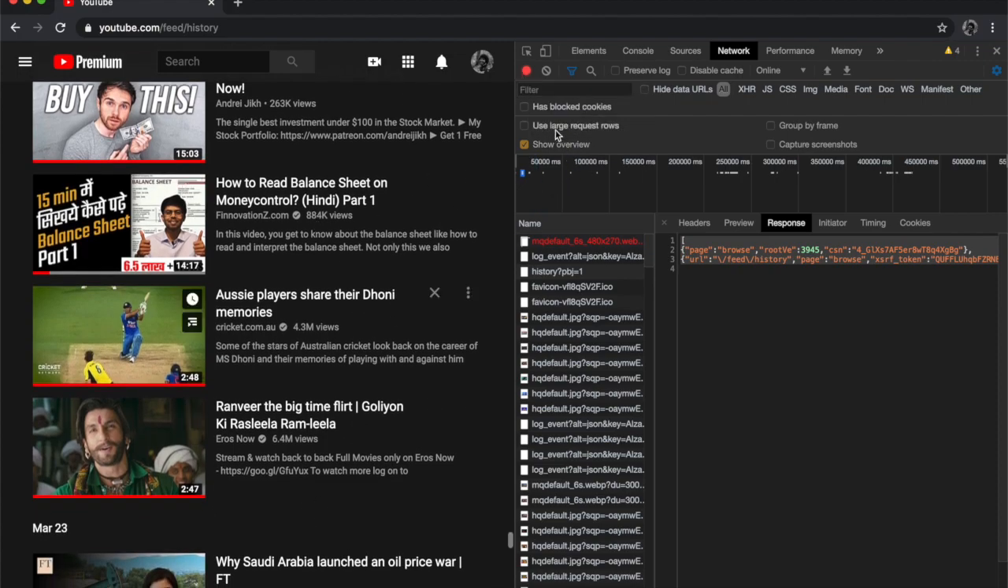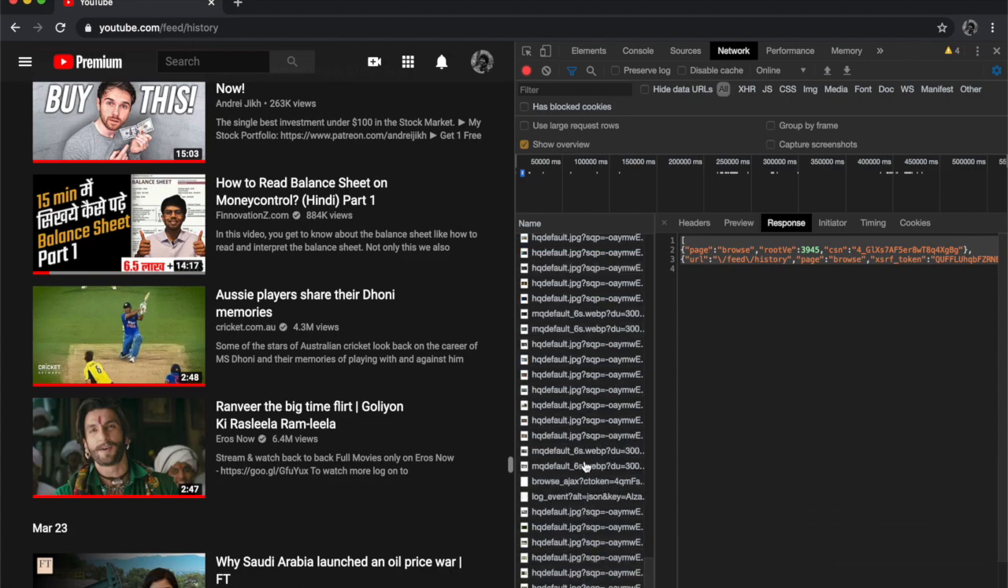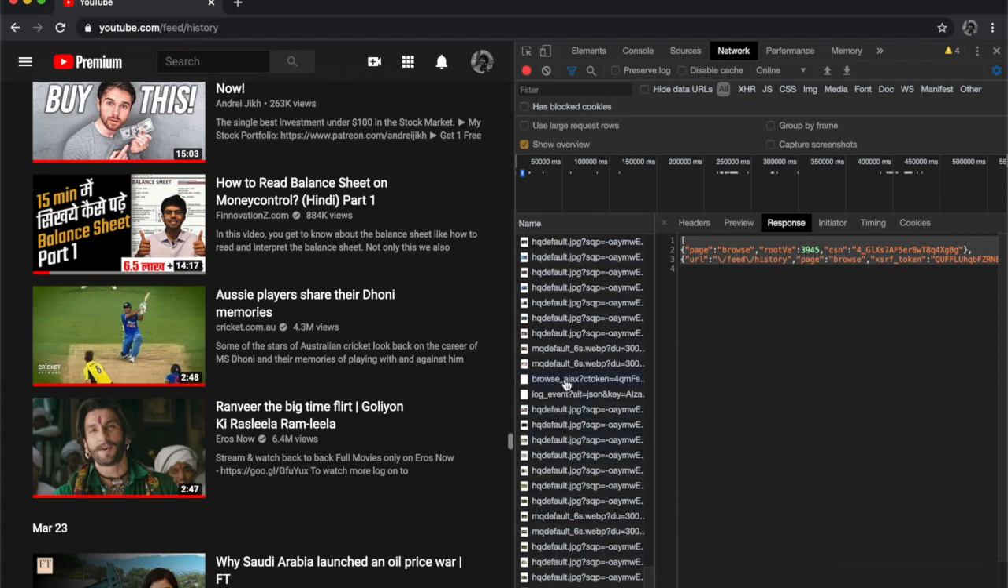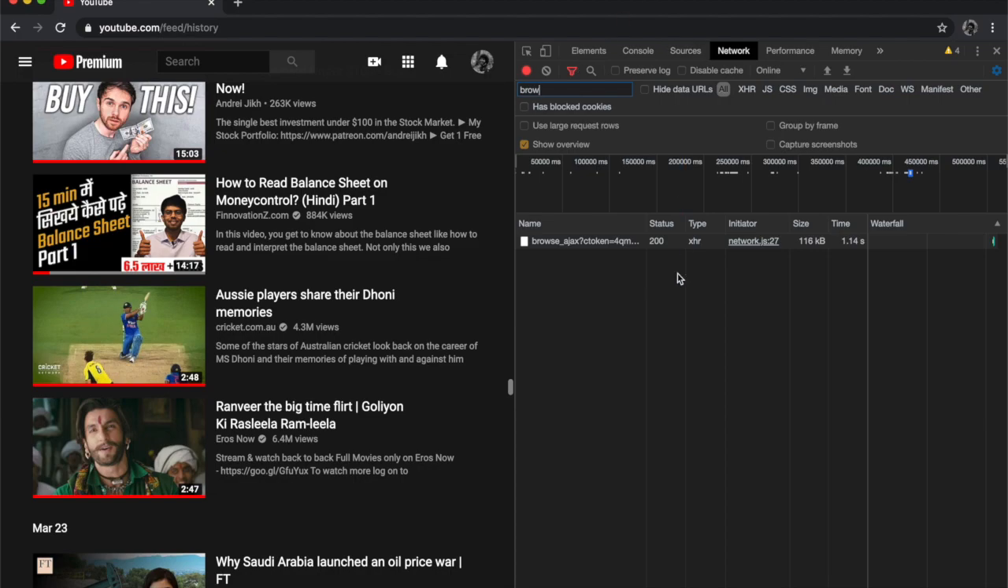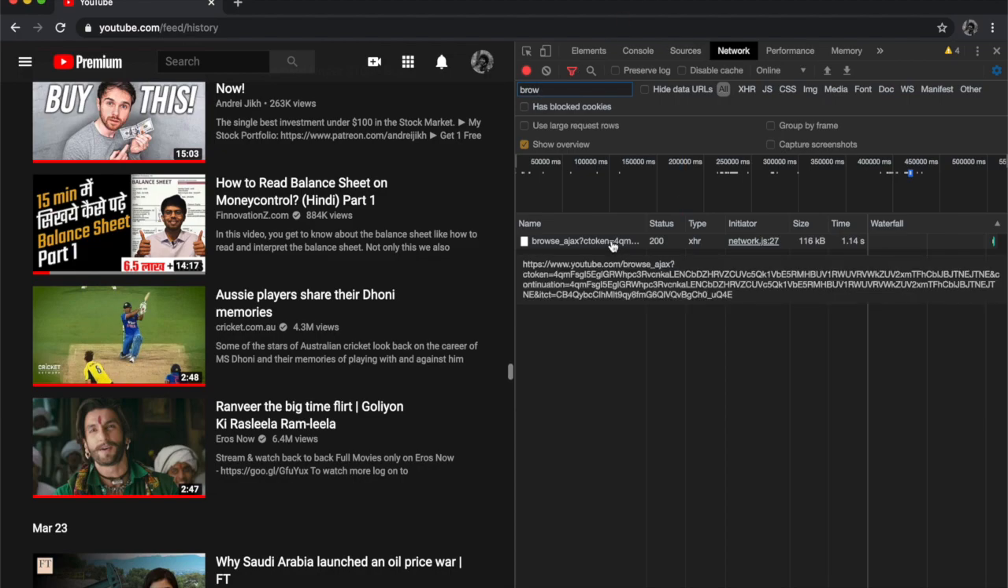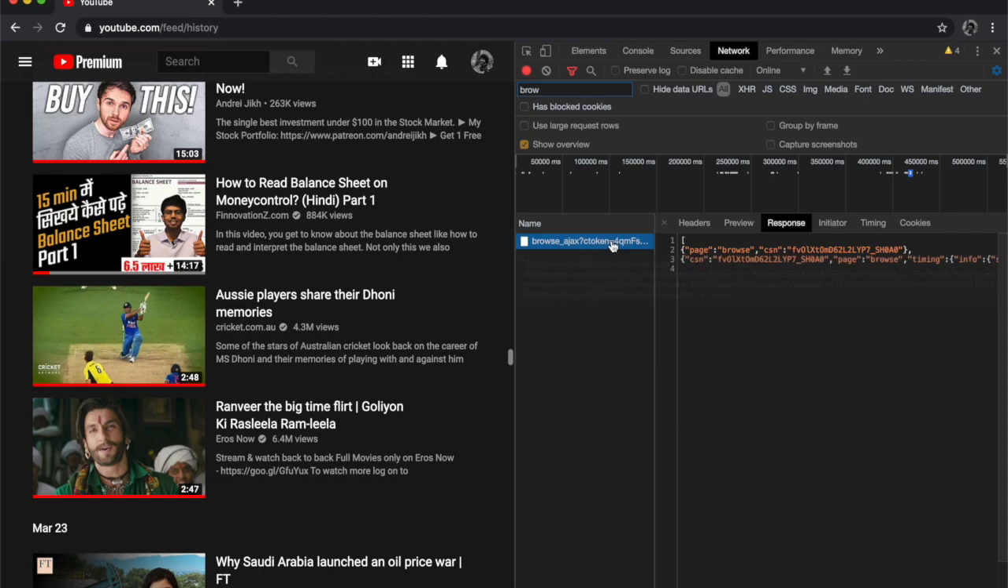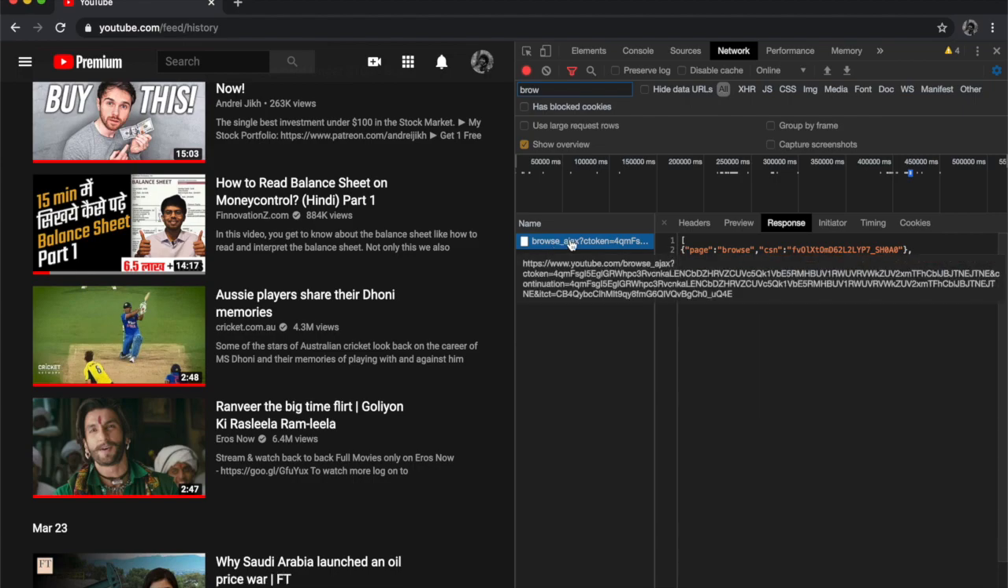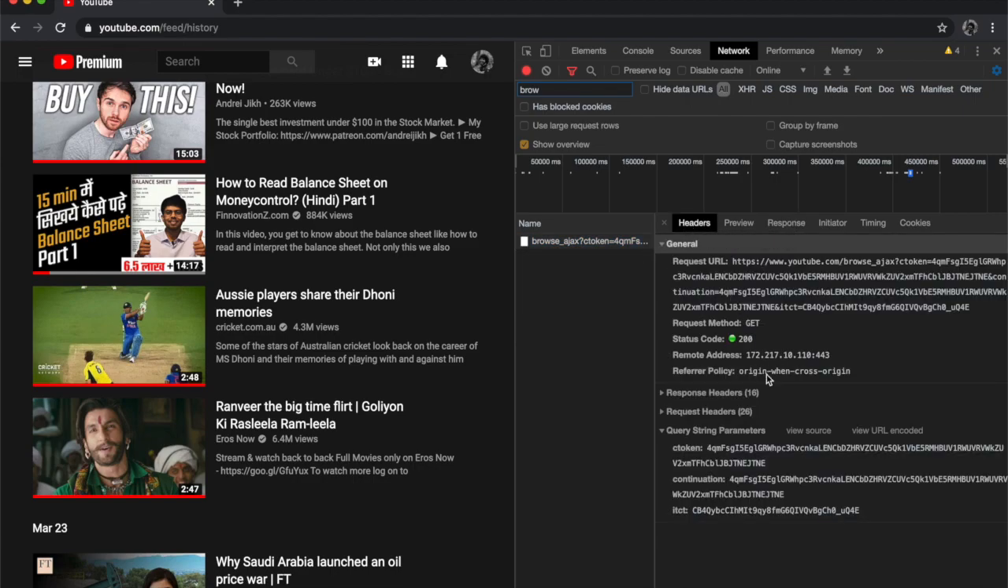For that, I went to see what Ajax call it makes. Looking through very keenly, I saw this request, browse underscore Ajax. So I just filtered everything by browse, and here we go. When I inspected this, the data looked similar to what we got from the history the first time, right? Now, if we see the headers of this,